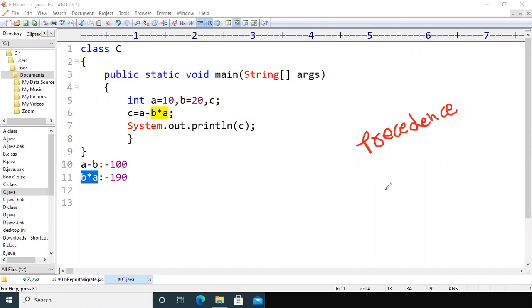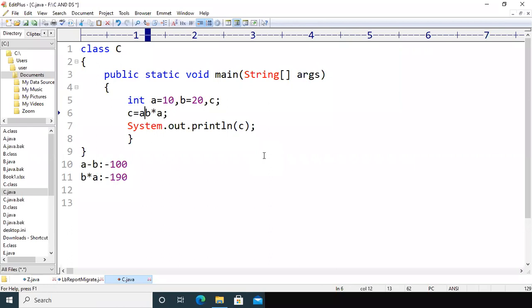Now my question is, for example, I have taken a star b star a. In the earlier example we had minus and star. According to the precedence rule, star has the highest importance. That's why the compiler executed b star a first.